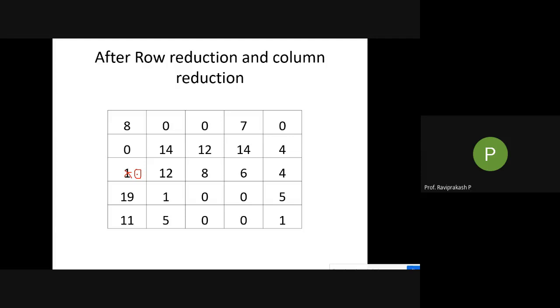Fine. So the problem here is the assignments we are doing. So first we need to go row wise. If you see here, there are 3 zeros in the first row. Second row, 1 zero. I'll be marking this particular 0 and crossing off the column. Right? So if you go row wise, the column has to be cancelled, right? So for that, I'm marking this one and cancelling the column.